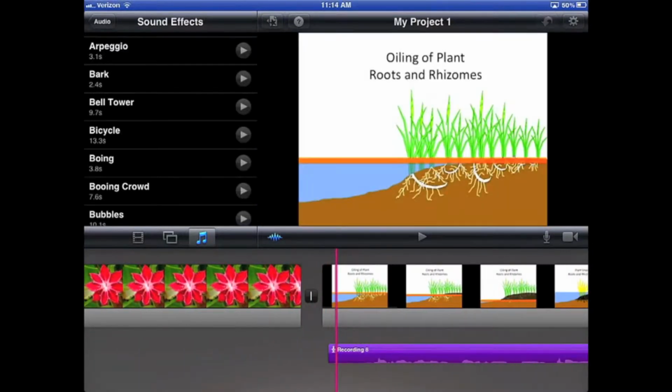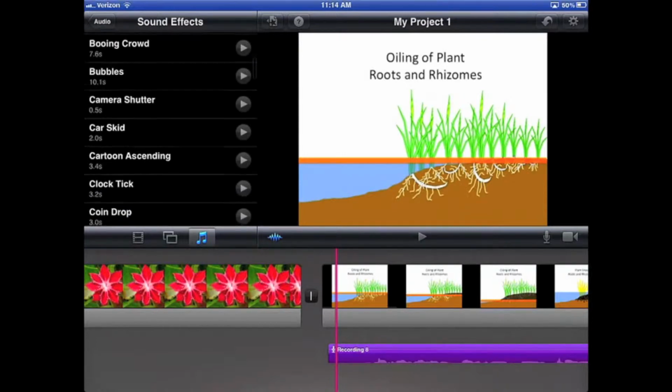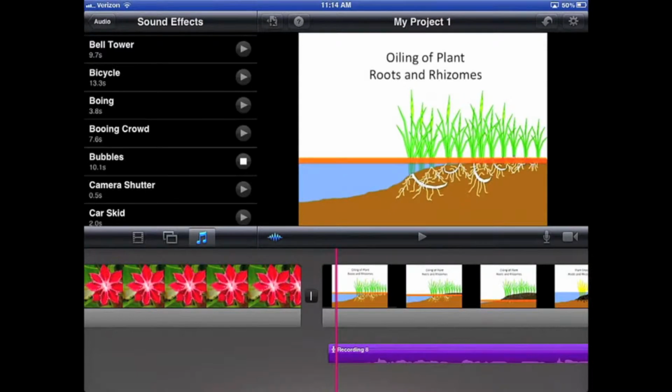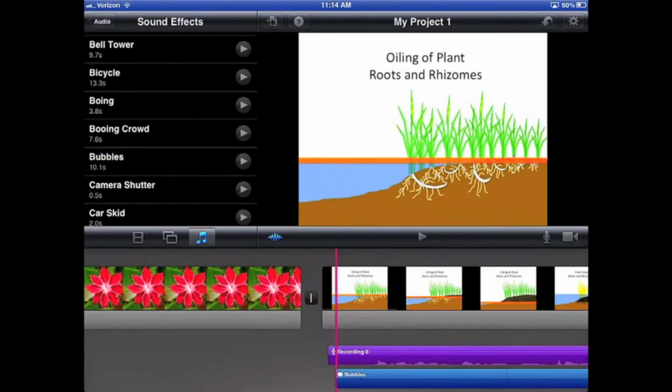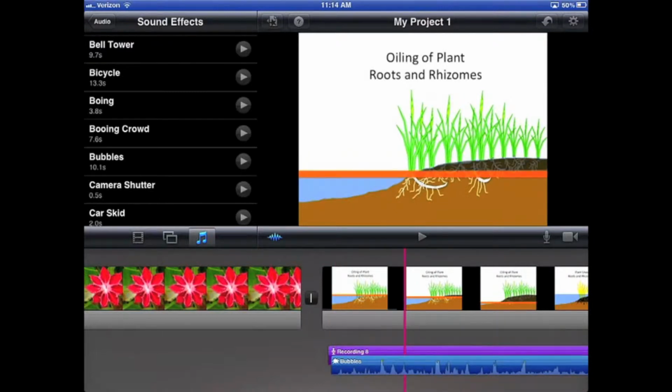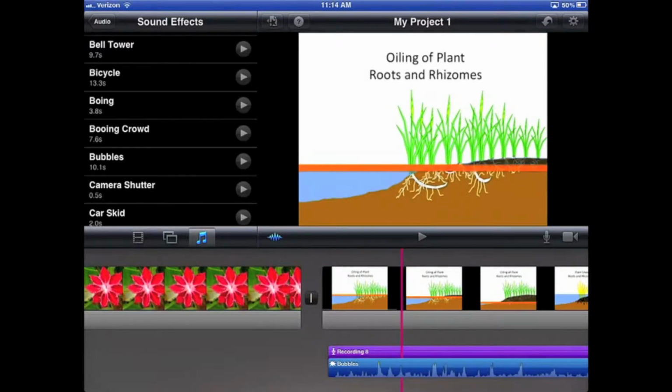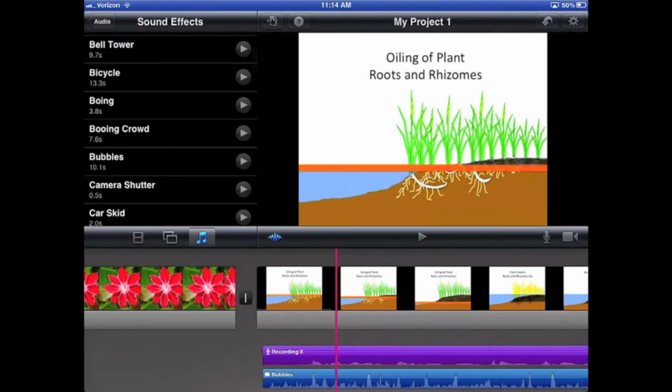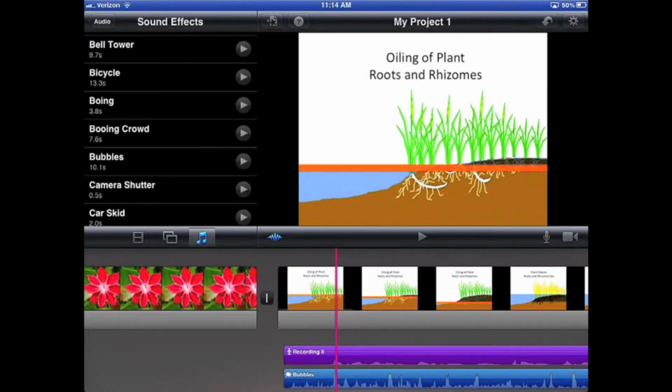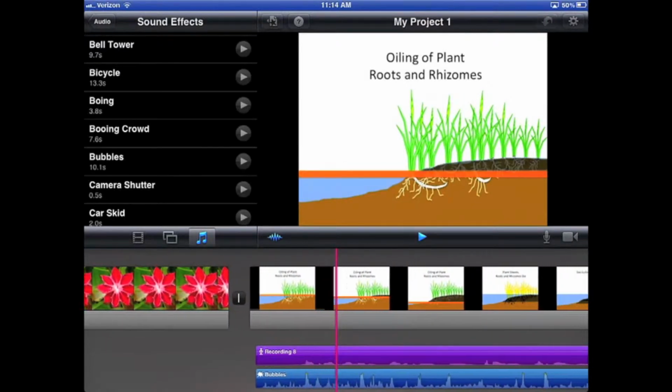If we put the playhead at the beginning of where we want that sound effect to appear, let's see, we can perhaps add bubbles. And if we want to move this sound effects clip, we can just press on it and shift it to wherever we want the sound effect to start. And then if we play that,